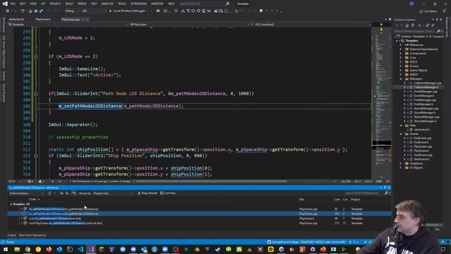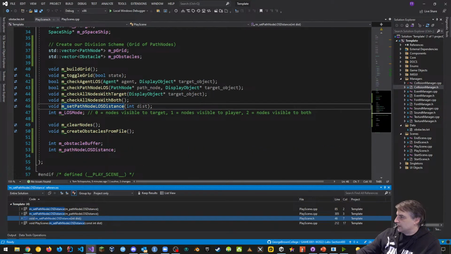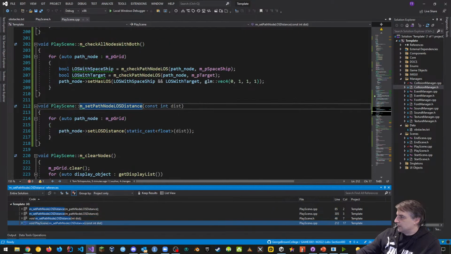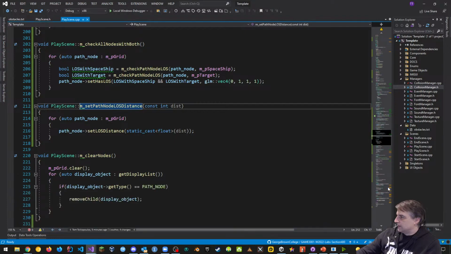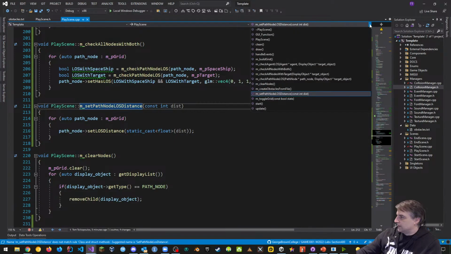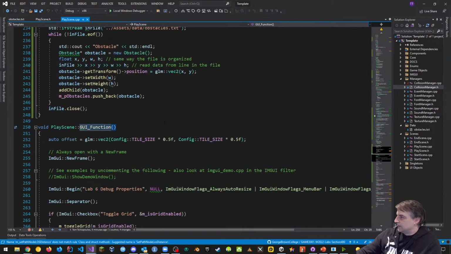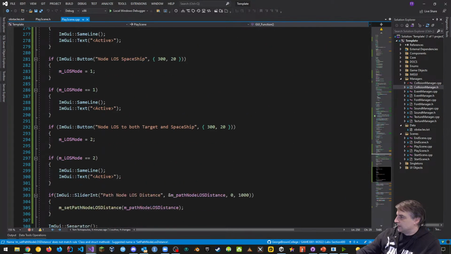The other time it's set is here. That's inside of IMGUI. Here it's when it's defined. That's in the .h, and here where it's actually the function itself that changed that node. So those are the three things that are done. So I think it's okay the way it is. I don't see a problem with that at all, the way it's been done. Okay, so we're just trying to troubleshoot because you guys had some weird stuff happen, right? And so did I, actually. All right, so let's see what else happens.